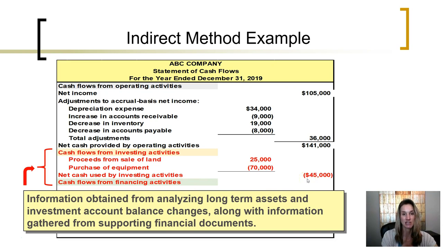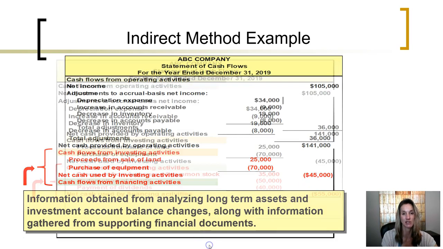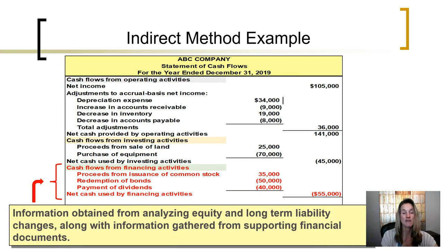Now, with the investing activities section completed, we are able to prepare the final section, which is cash flows from financing activities. Information for this section of the statement of cash flows is obtained from analyzing equity and long-term liability changes, along with additional information that is gathered from supporting financial documents beyond the general ledger. Again, just like in the investing activities section, in the educational environment, cash flows related to financing activities would need to be provided. Here we are seeing ABC Company issued common stock, providing a cash inflow of